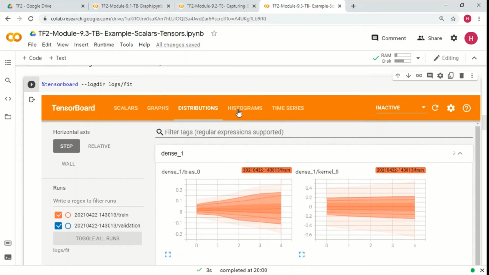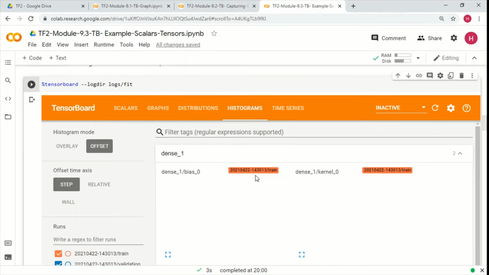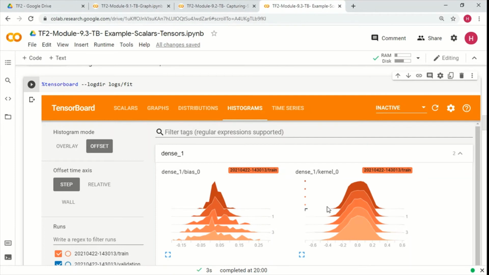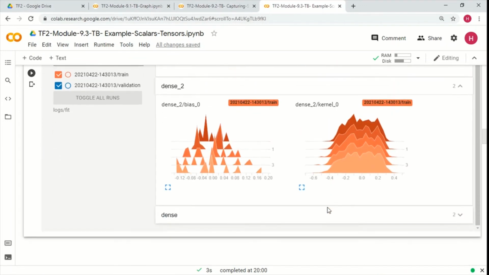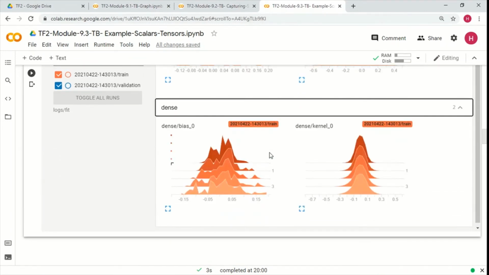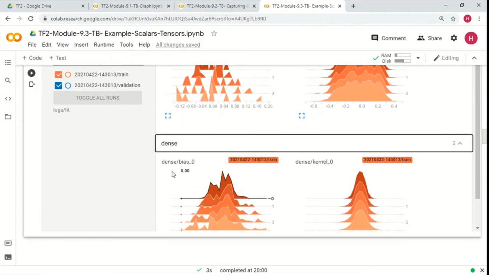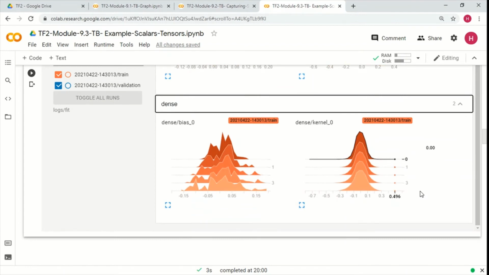Now we can also take a look at the histograms of the same layers, and this is what it is going to show us. Once again, we have three views here, one for dense, and within dense we have the bias and the kernel. What does this show?